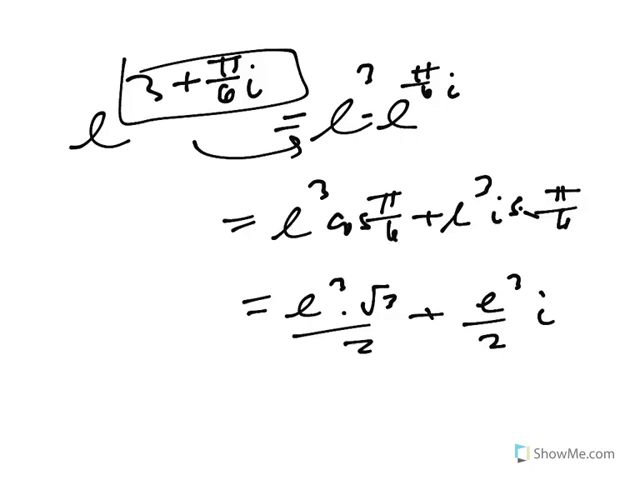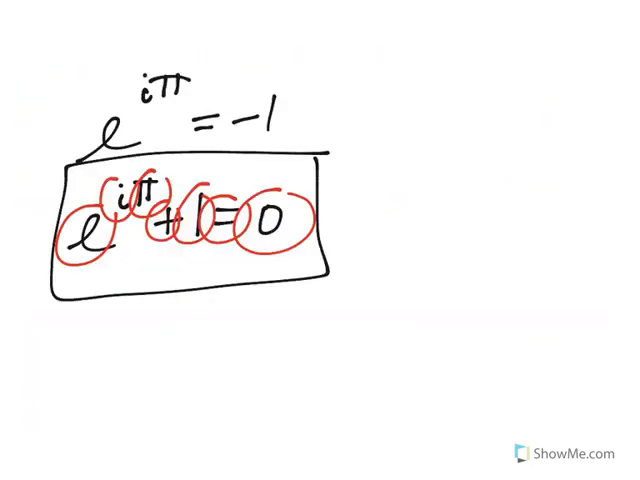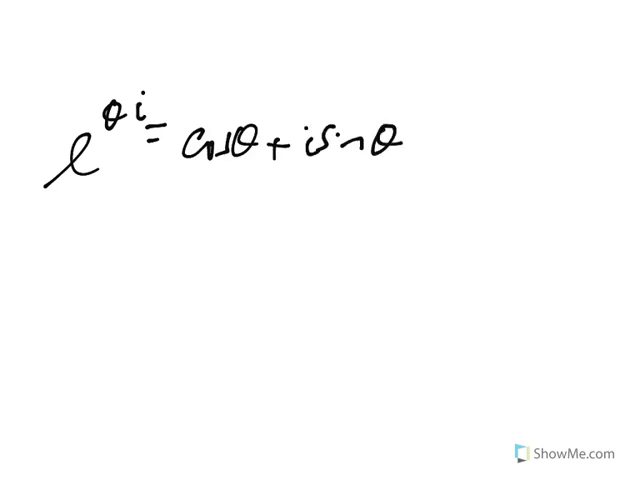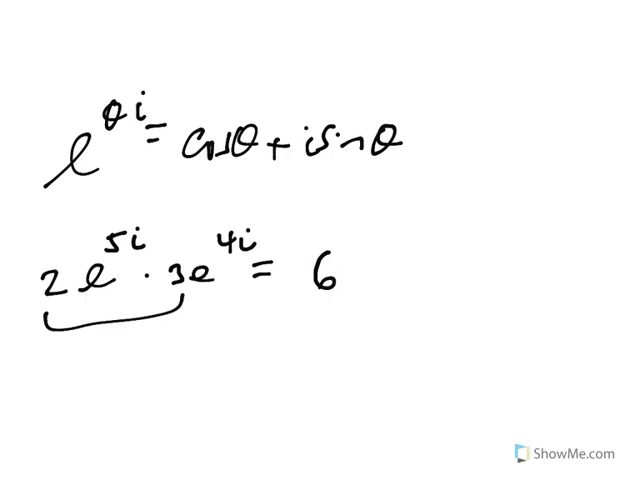The last thing you might wonder is, why is this all true? Why is it true that e to the theta i is equal to cosine theta plus i sine theta? And that's a very hard question to answer. I think the only thing I'll say about it is, if you take two numbers like 2e to the 5i times 3e to the 4i, you would expect to get 6, because 2 times 3 is 6, e to the 5i plus 4i, which is